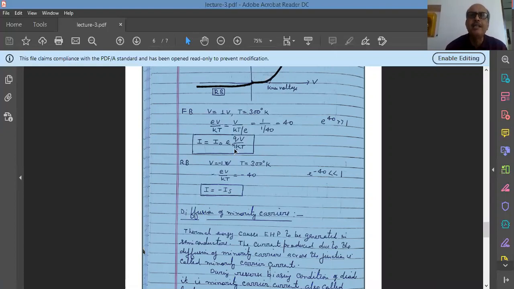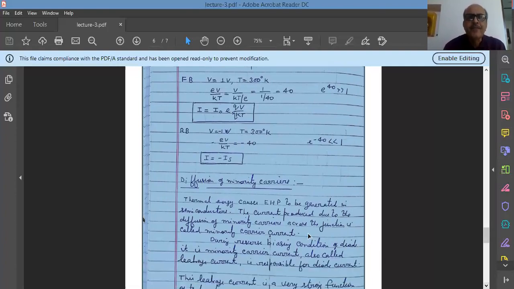Another thing about eta. Eta here is called the ideality factor. And in your textbook, you will find the value of eta varies from 1 to 2, for silicon and germanium both. So it is always advisable to find out the value of eta while performing any experiment in the laboratory before exploiting this equation of the diode to find out the reasonable physical parameter.